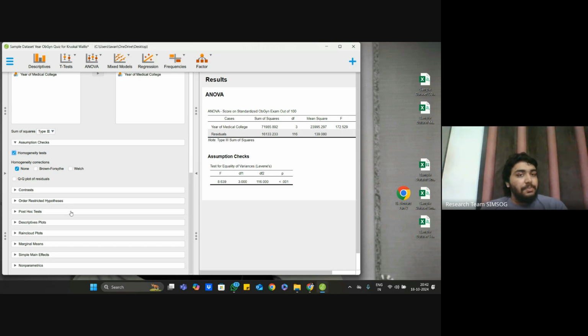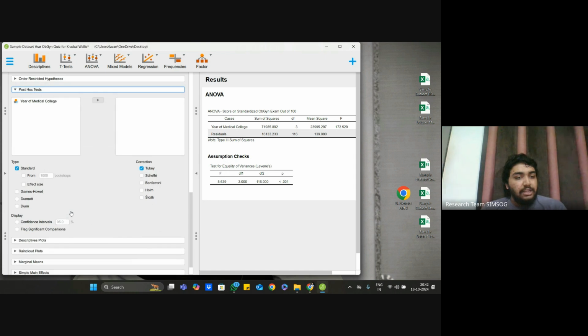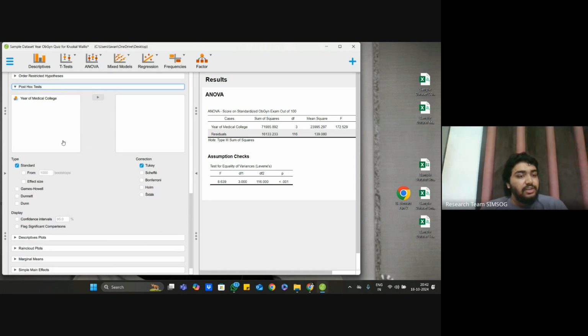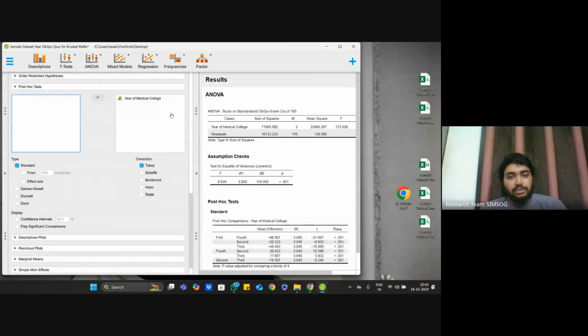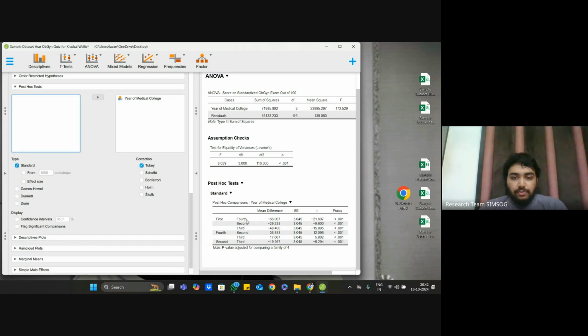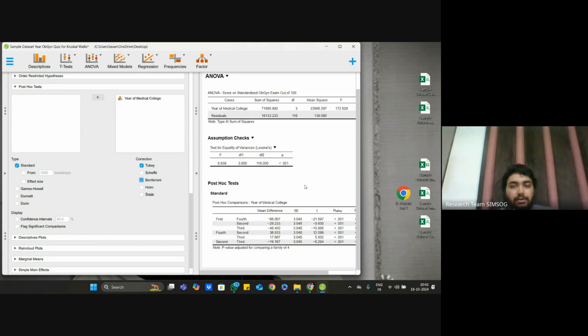I told you all, if you'll remember, that whenever you use ANOVA, you have to do some post hoc test where you will understand which is higher, which is lesser. So that you can put here, and it will give you comparison of first versus the other three, fourth versus the other three, so it is comparing a family of four. Again, I won't go into the details of it because it is quite a lot. But essentially I want to tell you all that all of this is possible when you use